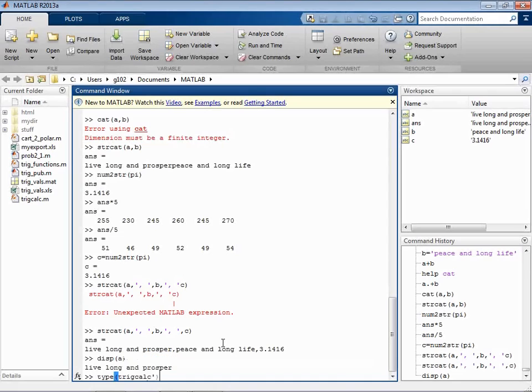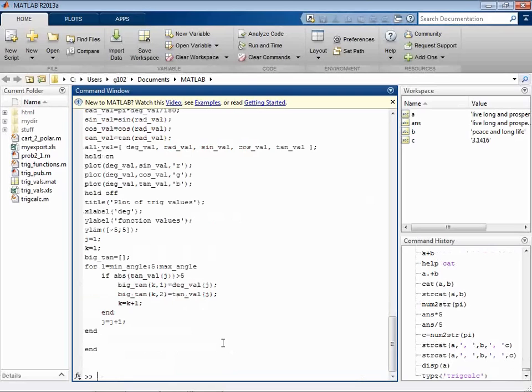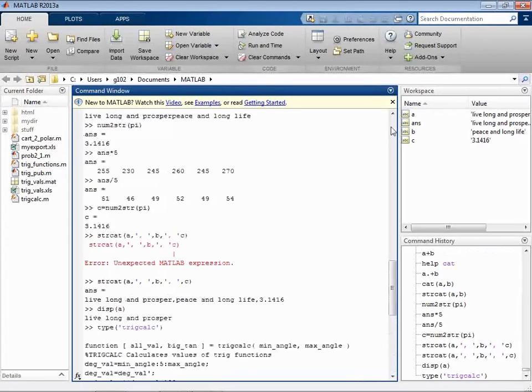And I forgot the apostrophe on the file name. So type lets you, when you're using publish, display the output of one of your files. Type file name, and it just spits out whatever's in that file. Display matrix spits out whatever's in that matrix. It spits out numeric matrices, or it spits out